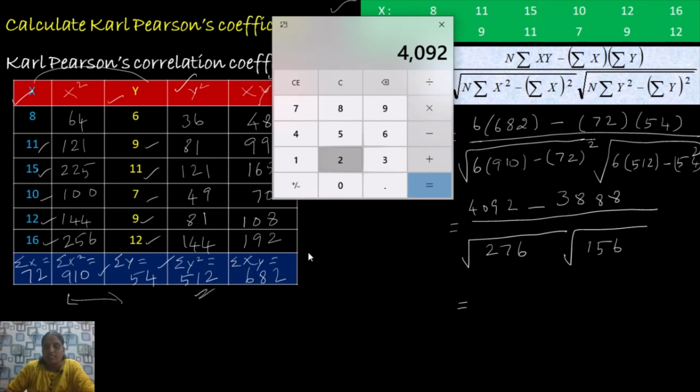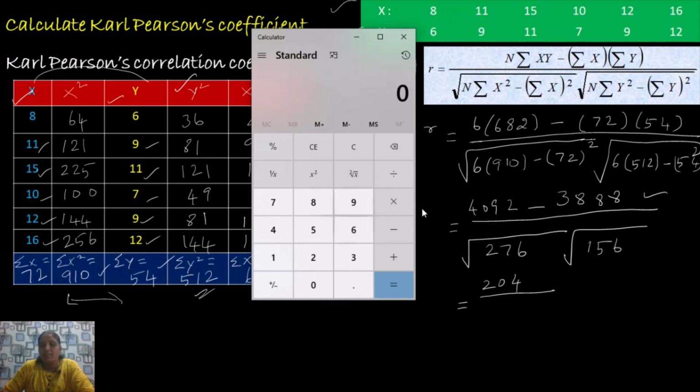By simplifying this, we get 4092 minus 3888. You get the numerator value as 204. 204 over, and now for the denominator, under root 276, we get the value 16.613, etc. We multiply this by under root 156. We get the total as 207.4993. So we take up to 3 decimal places, that is